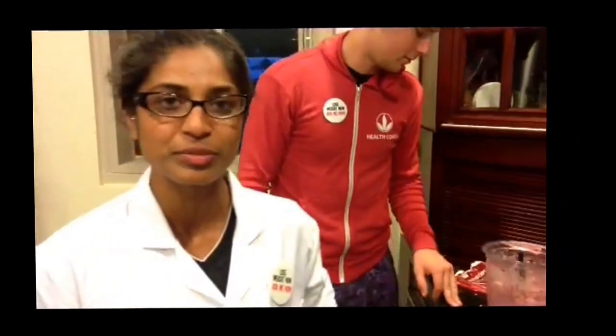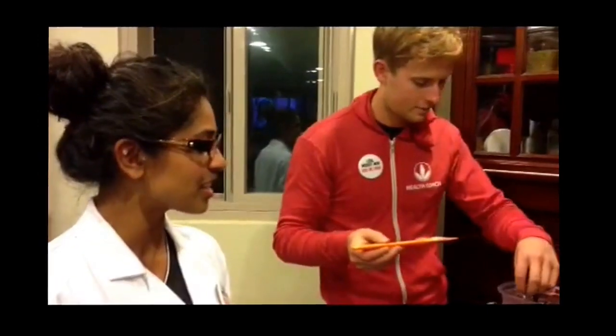And as you can tell, this is still really, really healthy. It still has 24 grams of protein with every little serving, and healthy sugar from natural fruits, and a really delicious